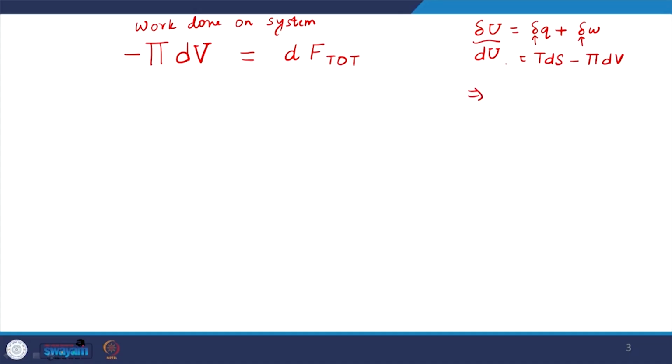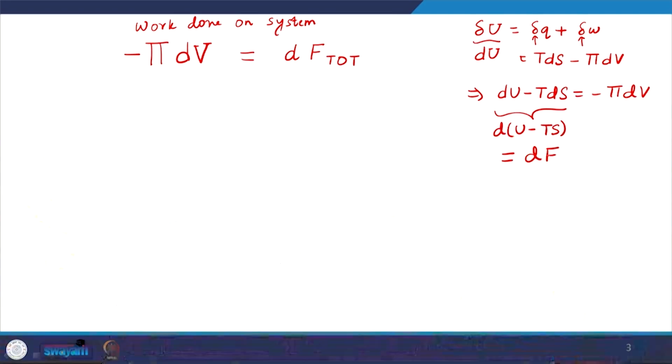So, if I move this to the other side, you have dU minus TdS is equal to minus pi dV, and this at constant temperature we can say is d(U minus TS), and that is equal to my Helmholtz free energy, right. So, change in Helmholtz free energy is therefore equal to the work done on the system,